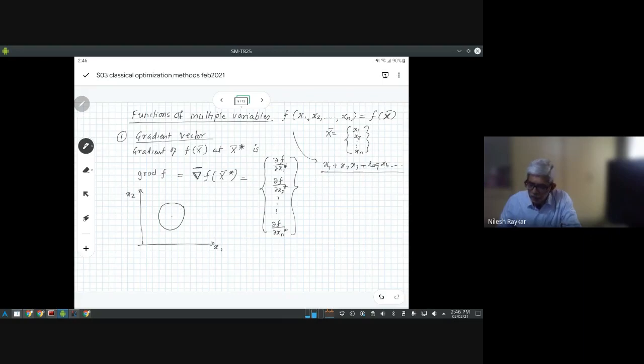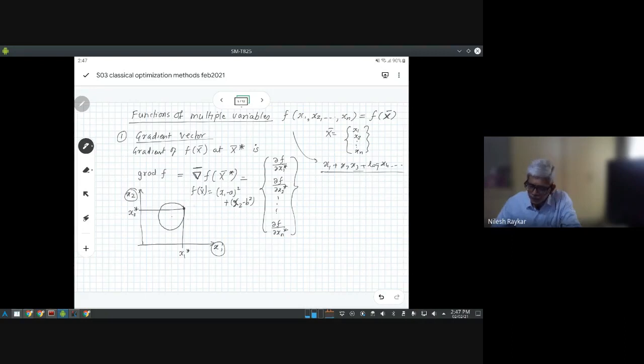This particular function has two variables, x1 and x2. The gradient vector of this function would be calculated from f of x bar, which is x1 minus a whole square plus x2 minus b whole square. So this is the function. If you give a specific value for r square, it is a set of circles with the center at a and b. If you calculate the gradient, you will find that geometrically the gradient vector is, let's say this is our x star, with x1 star and x2 star.